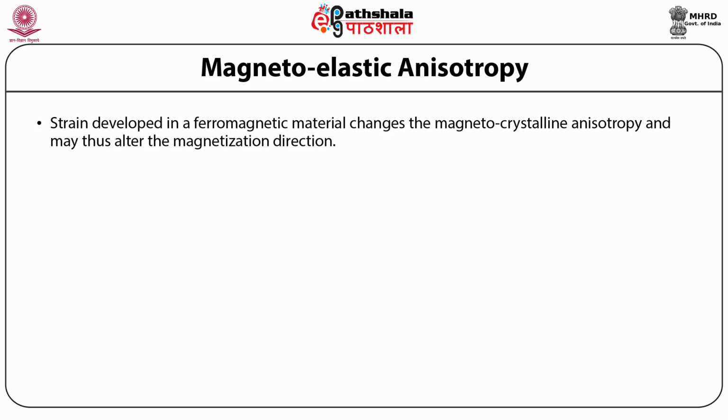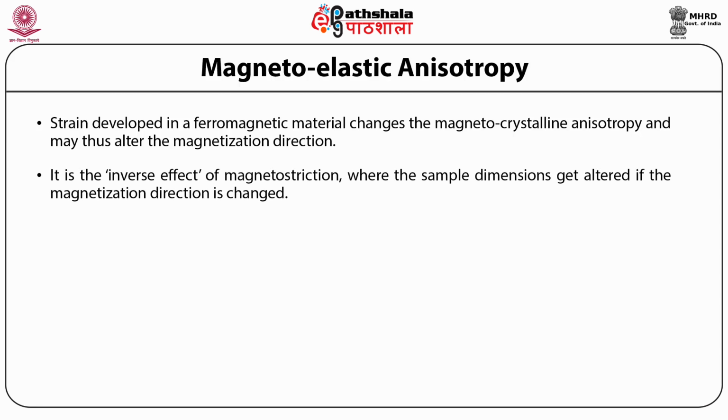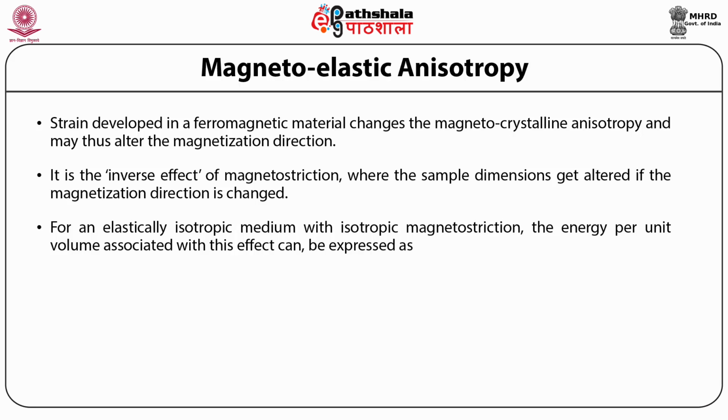Strain developed in a ferromagnetic material changes the magnetocrystalline anisotropy and it may thus alter the magnetization direction. It is the inverse effect of magnetostriction, where the sample dimensions get altered if the magnetization direction is changed. For an elastically isotropic medium with isotropic magnetostriction, the energy per unit volume associated with this effect can be expressed as